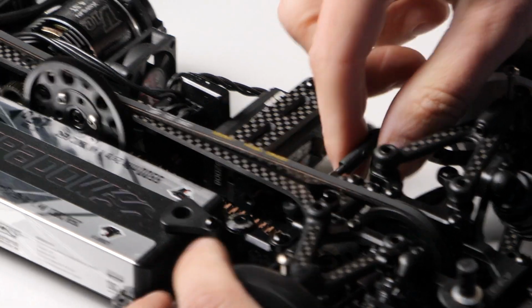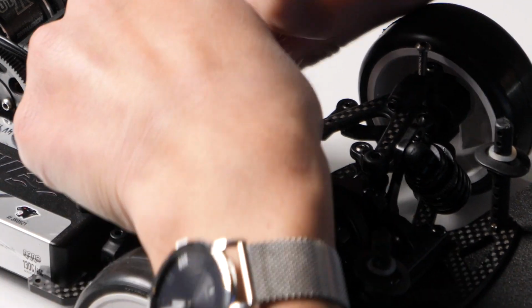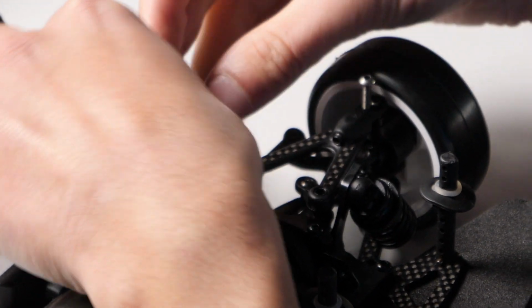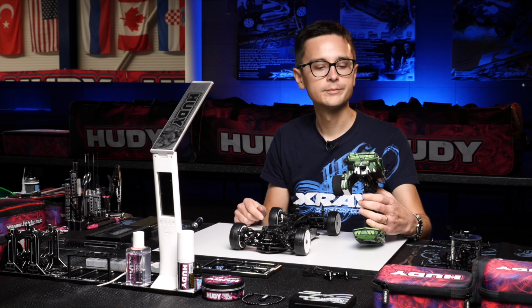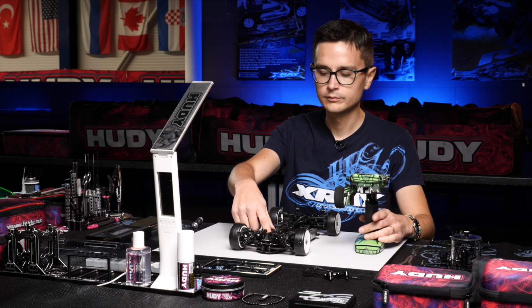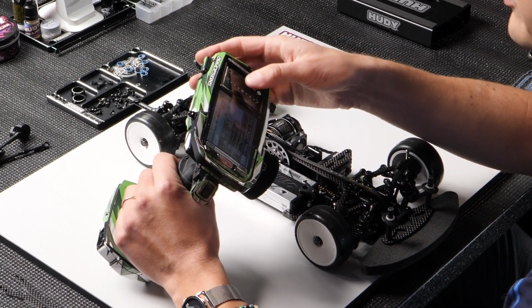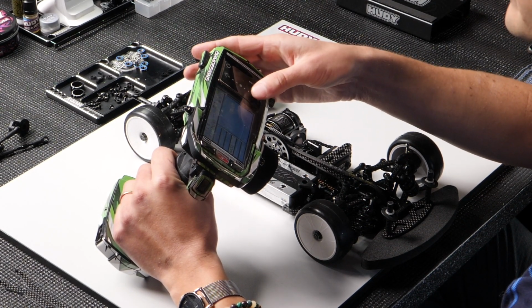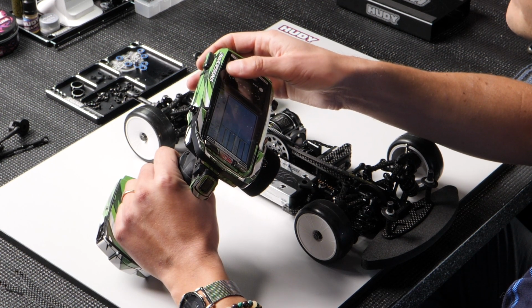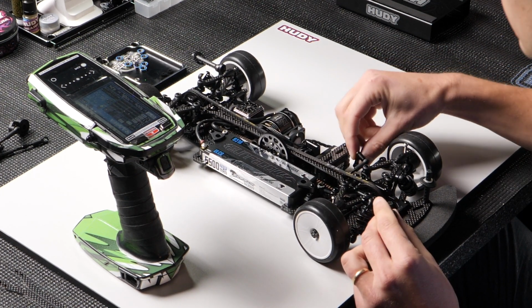Okay, so the first thing you need to do is install the servo horn onto the servo. And what is important here is to switch on the car, and then make sure your steering is reset on your radio. Put your sub trim, your steering trim and everything to 0. And then we put the servo horn onto the servo,